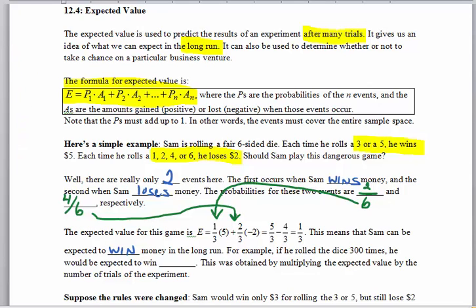It's a singular. So if he rolled the die 300 times, what would he be expected to win, right? So you've got to remember, this 1/3 is for just one trial. So if he rolls 300 times, you would expect him to actually win 300 times 1/3, and 300 times 1/3 is actually 100. Okay? So if he rolled the die 300 times, he would be expected to win